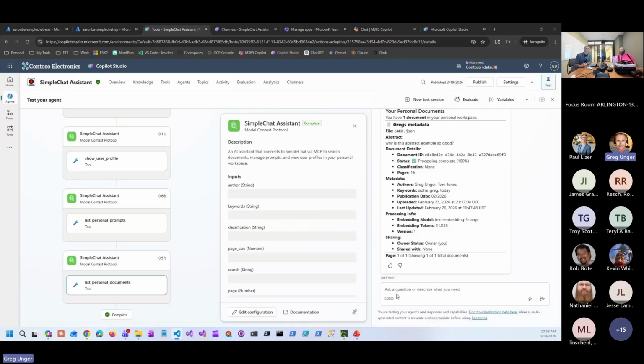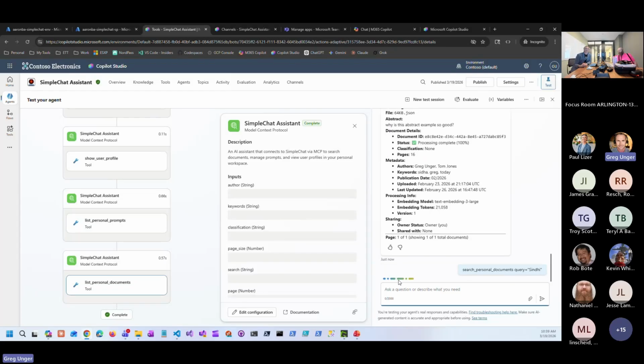The last thing that I'm going to show you here, and then we're going to go to Copilot 365, is I can do searches. So I can search through my personal documentation. It's going to give me a formatted response here, and it's going to order basically where it's finding that query in the different documents that I have available in Simple Chat. Now, I'm just showing you a couple basic tools.